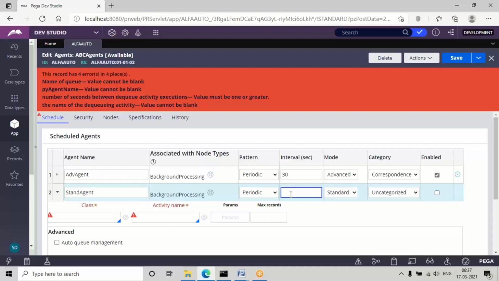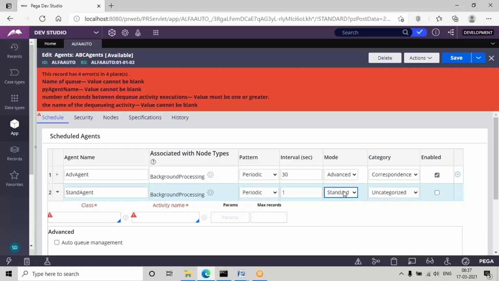Actually, in the standard agent, it will not bother about the interval. You can just give it as startup. In standard agents, you can give anything, no issue, apart from the recurring option. Recurring is not required in the standard agent. Mostly we can go for startup, or in periodic you can choose a basic interval like 1 second or 5 seconds.